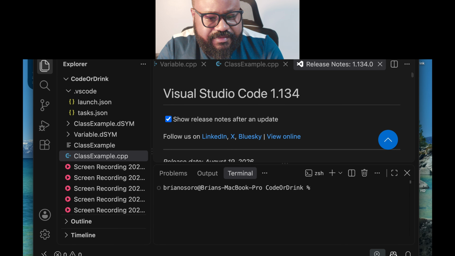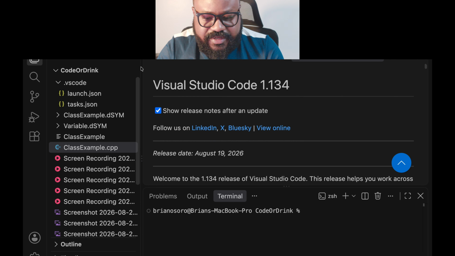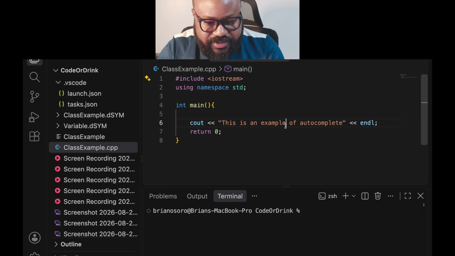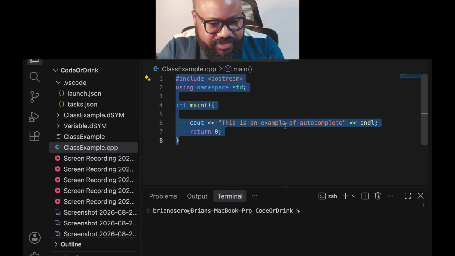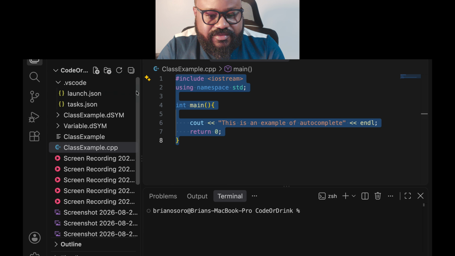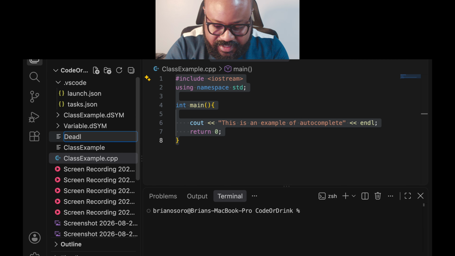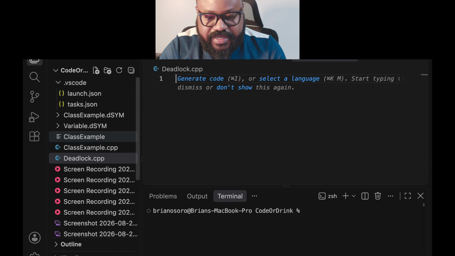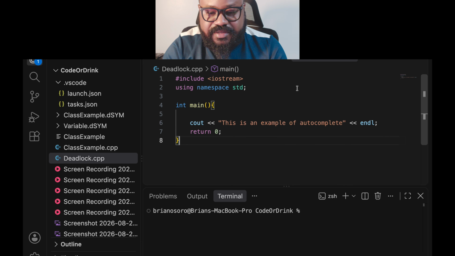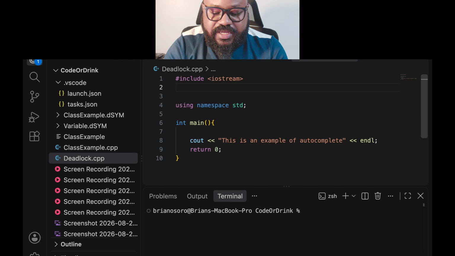I've opened my Visual Studio. This is just release notes, some code I had written to teach some people. Okay, we can create a C++ file. We call it deadlock.cpp. We can paste this here. So we're going to use